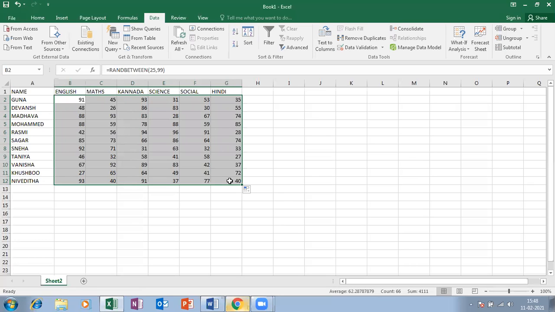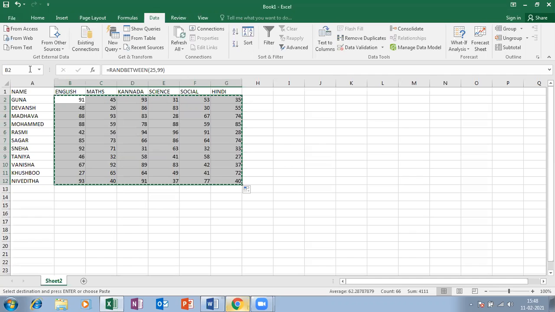Now I will copy that, because it is in formula format. I want just values, not formulas, because whenever I open the file, the RANDBETWEEN values keep changing automatically. So if I copy that and paste as values, the formula will be removed and it will be pasted as values, so there will be no problems.